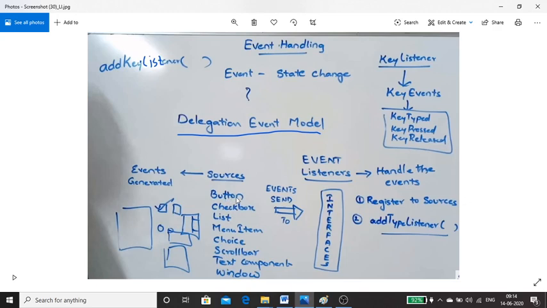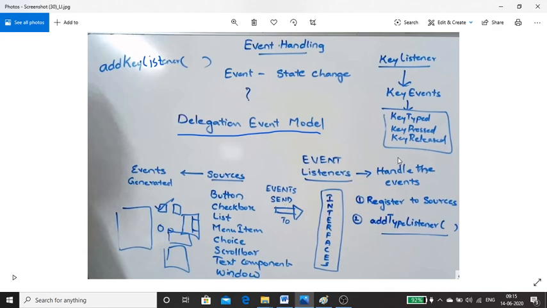I think you use a button in your Gmail, and a checkbox while entering some data, while filling in forms for online registration, like checkbox male or female. You'll check something. For a list, if there is a lot of content, there will be many options and you select any one. So these will generate some events, and that event will be sent to the event listener.